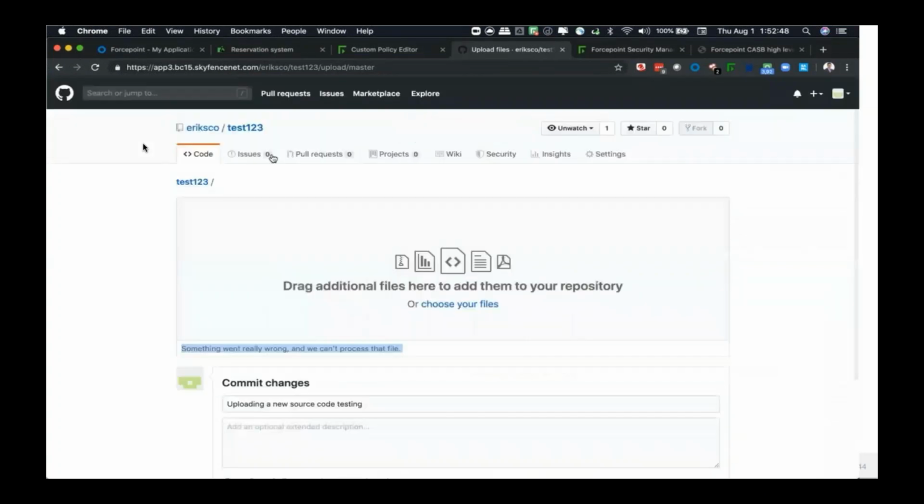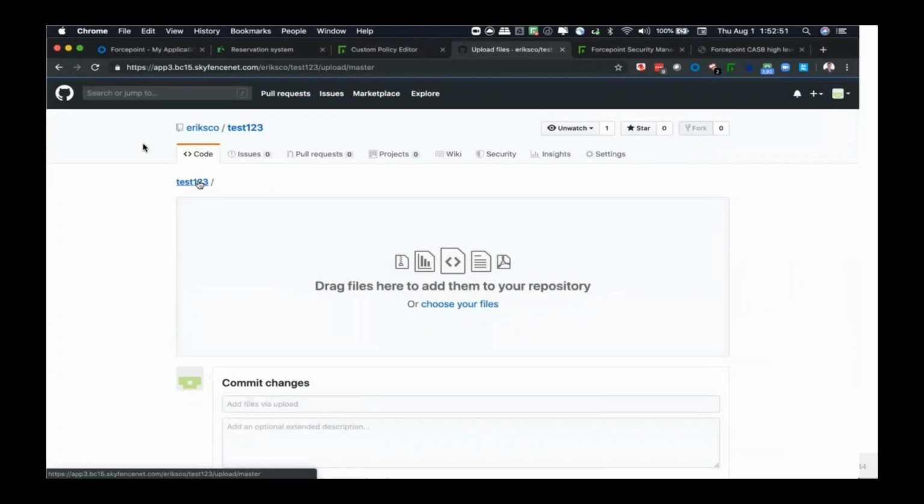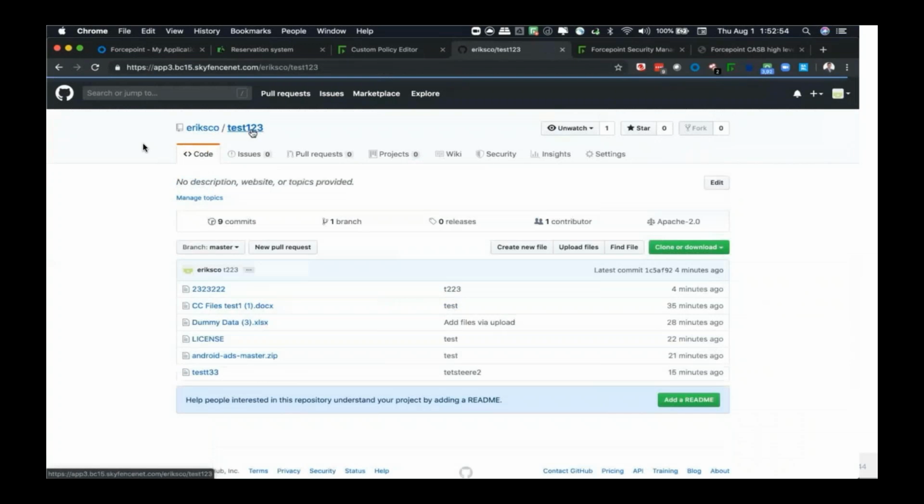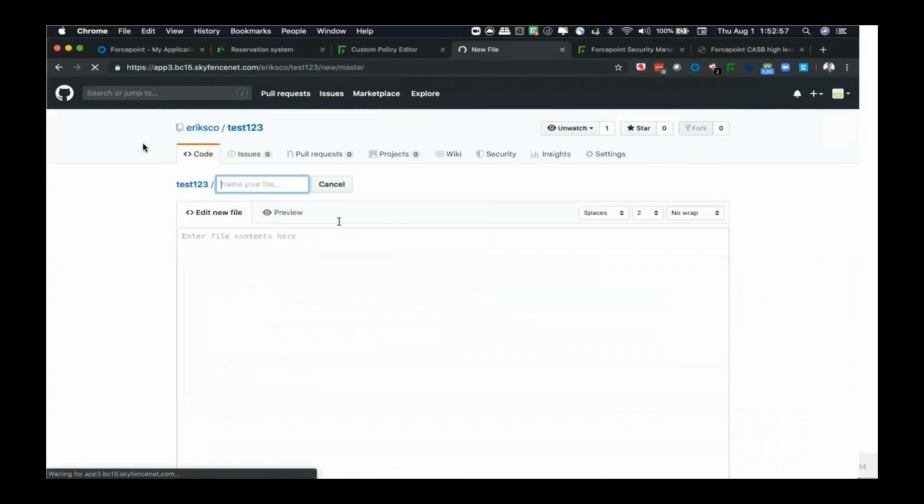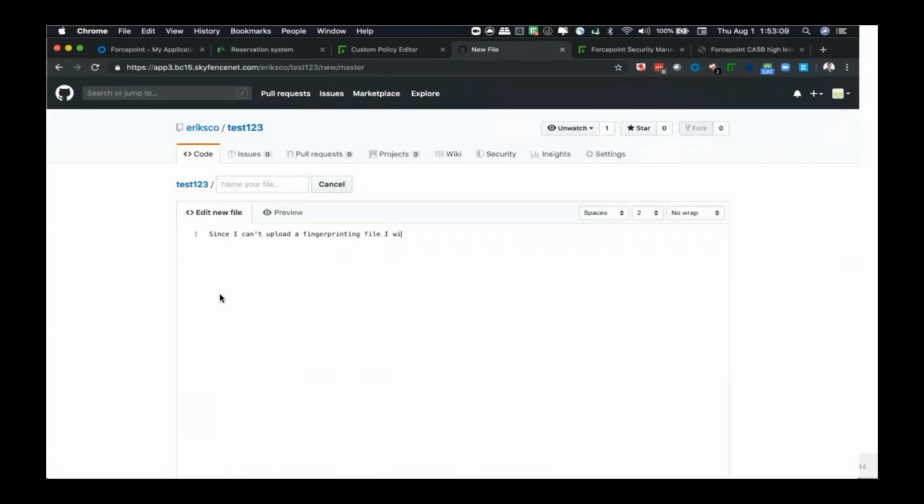Now this could be the company's GitHub environment, or it could be the developer within the company has decided they want to use their own, which is even worse, right? So since I can't upload a file, I'm going to try and paste it in as well. There we go. Because this is the process that a developer would normally go, right?